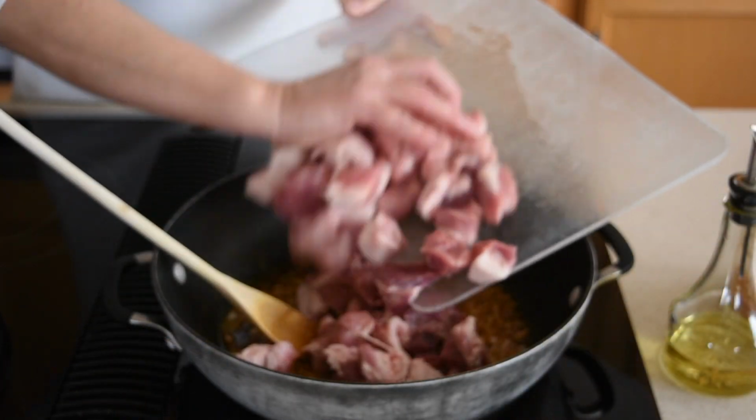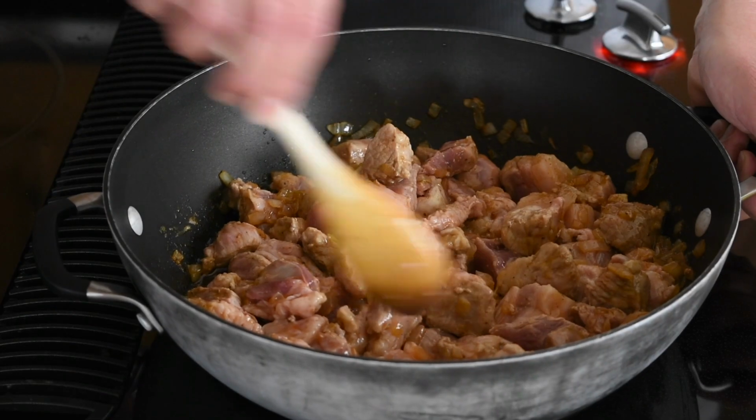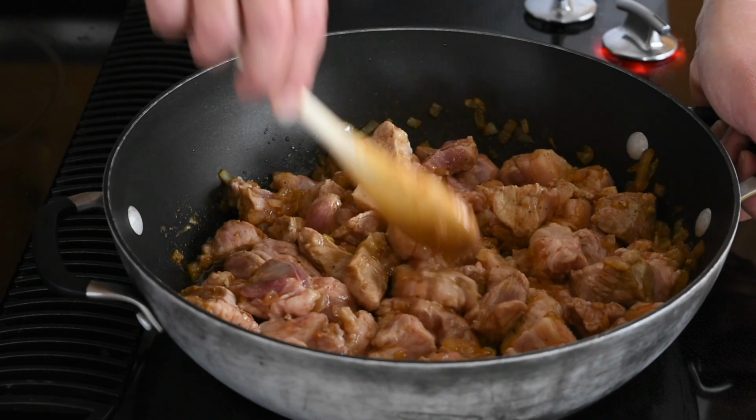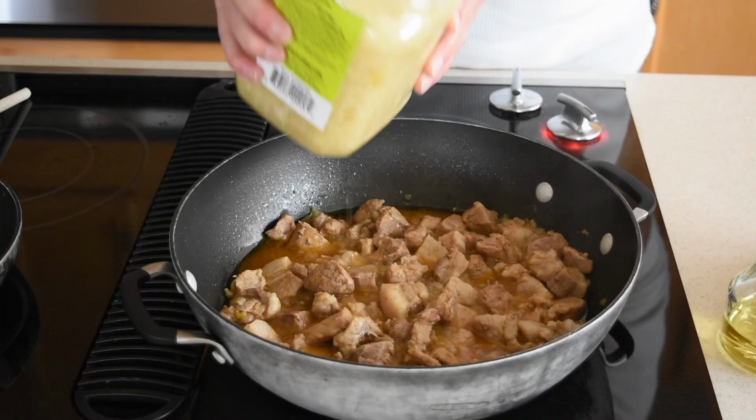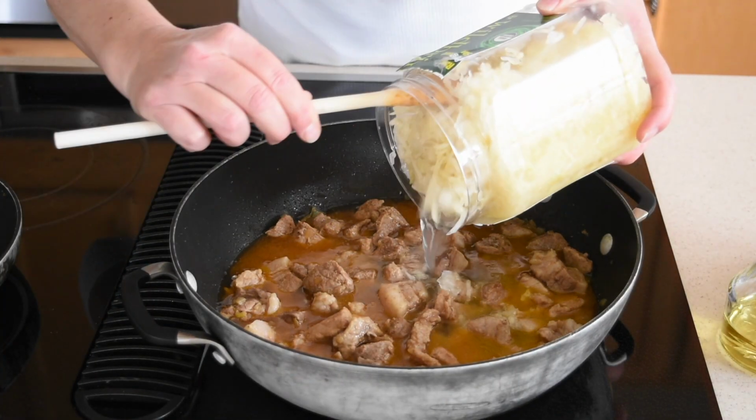Next, add the chopped pork, mix it well together, and simmer covered for 30 minutes, but make sure to stir it a couple of times during the 30 minutes. After 30 minutes, add the sauerkraut with all the liquid, and here I will stress not to add any salt